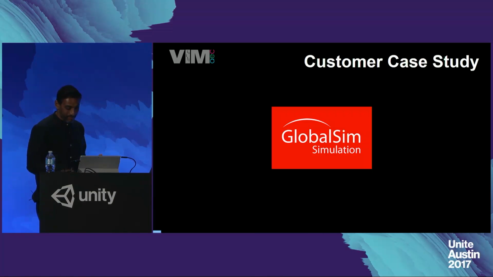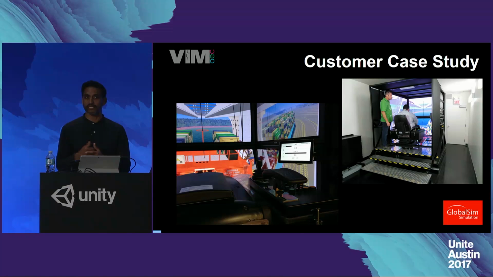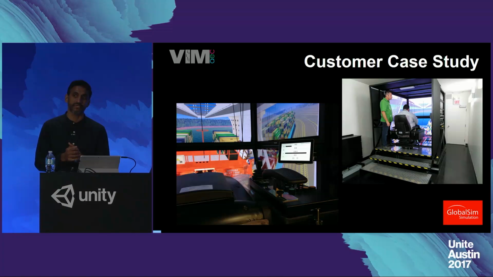They were using some proprietary software, but just over 18 months ago or so, they started using Unity. We've been helping them. VIMaec and Unity have been working together in providing the right services to them, and what they've been able to do is create a cave-like environment so that it actually simulates the exact cabin of a crane itself.